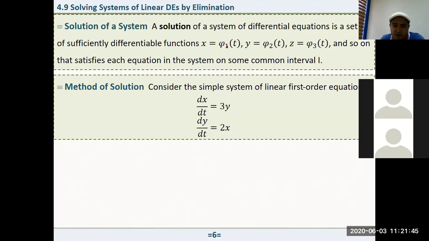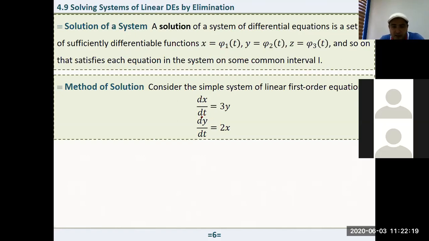Assume that here we have a function, and I'm claiming that this is the solution of the function, but we cannot differentiate this in a given interval. Doesn't make sense, because here the equation involves the derivatives of the function. So that's why we are saying that sufficiently differentiable means if we have first order, we should be able to differentiate this once. If it is a second order, we should be able to differentiate this twice, right? Depending on the order of the function, I mean,